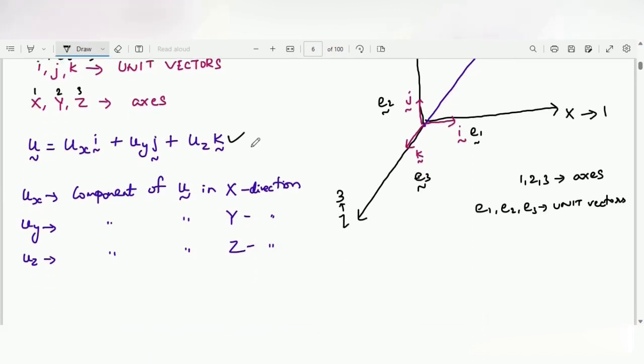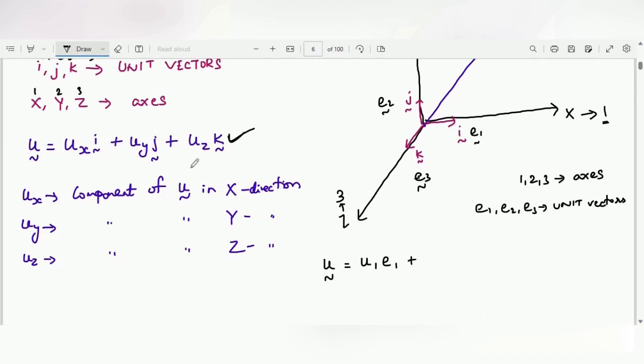Let us rewrite this equation. So u vector is equal to, instead of x we have 1, so u1, instead of i we have e1,